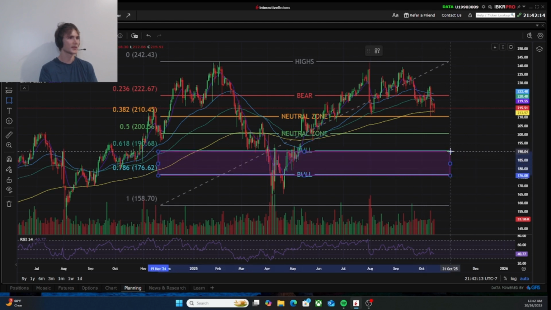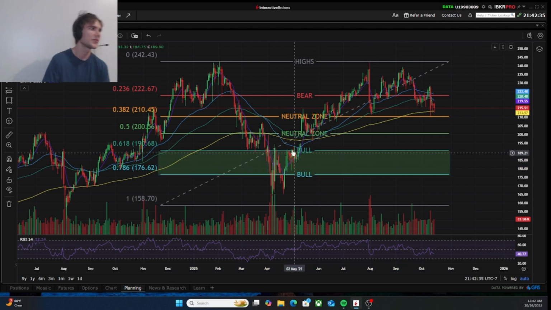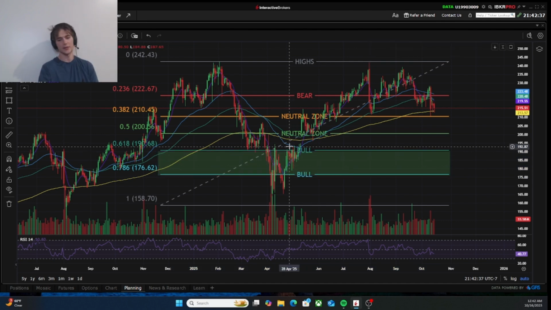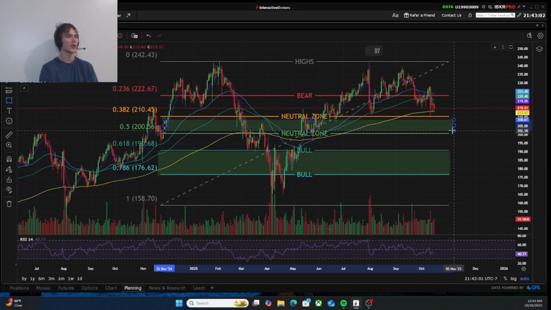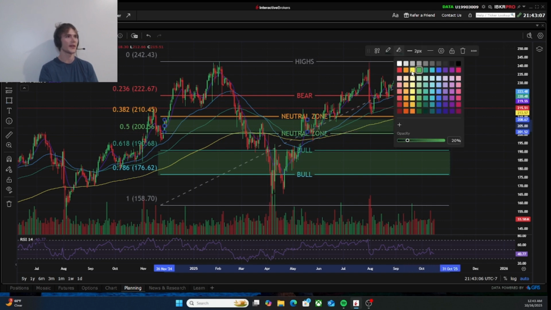So this is my largest bull zone and where I'm looking for entries long term on sound companies. My neutral zone, you need a bit more confluence before you're entering into a position, because when you start getting into the neutral zone, it can kind of go either way. You're starting to hit some resistance on the 382, but still having support on the 0.5. So this would be neutral zone here, where I could almost justify entering in either direction with the right confluences